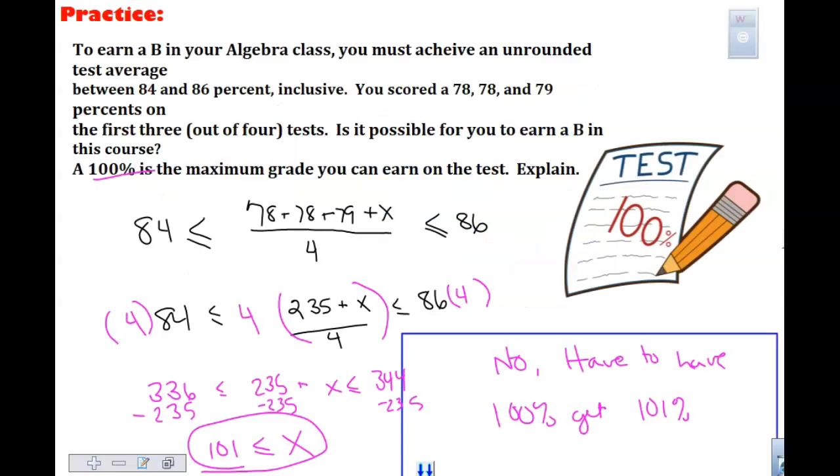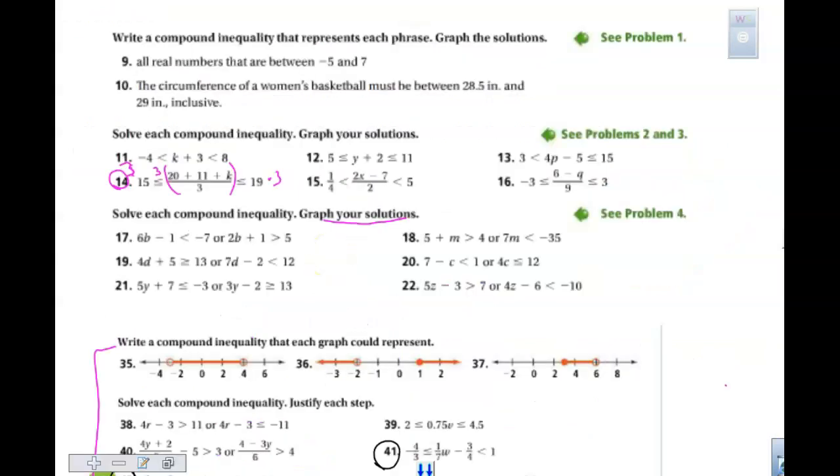Okay. If you know that this test is between an 84 and 86 and you're looking at 3 scores, you're going to add the 3 scores plus the 4th unknown and divide by 4. Why divide by 4? Because we're finding the average. Okay. So when you look at question number 42,